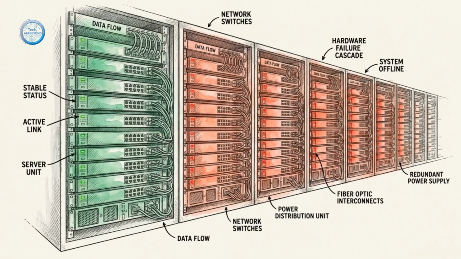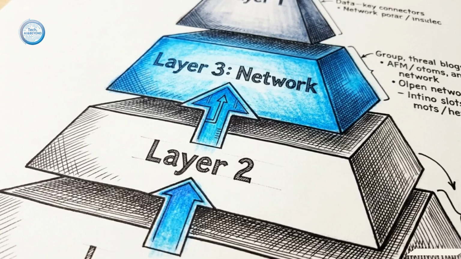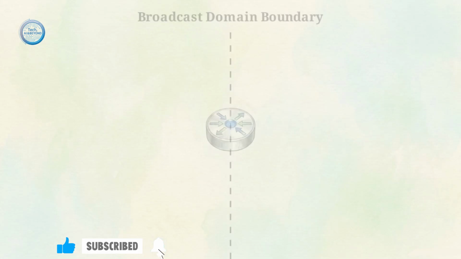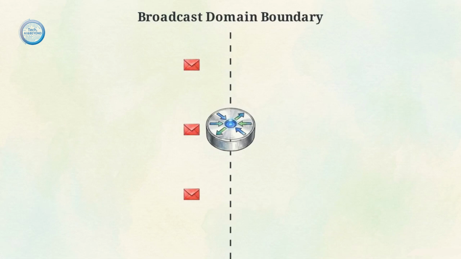Layer 2 switching optimizes local data transit, but without a higher-level mechanism to enforce traffic boundaries, that local efficiency eventually triggers a network-wide failure. To sever these broadcast domains, we must move up to OSI Layer 3, the network layer, and introduce the router. The router provides an immediate physical defense. When a Layer 2 broadcast frame hits a router interface, the router explicitly drops the broadcast, containing the noise to